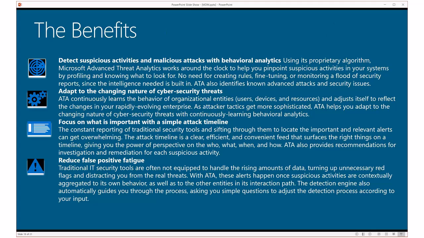So if your definitions are not updated, or someone creates a malicious attack and sends it out that day, you're not going to have that in your definitions yet. But behavioral tracking is going to be able to identify and find that and give you a course for identifying it much faster, because it's not based just off a set of definitions. All right, so it's able to adapt and change in that fashion.